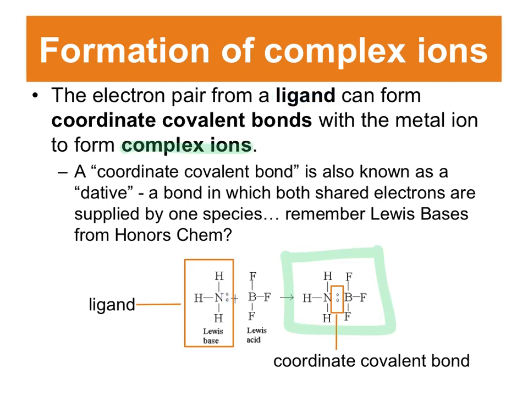So then the question is, what makes something a complex ion? And the answer is that a complex ion must have something called a coordinate covalent bond. A common name for a coordinate covalent bond is also a dative bond, D-A-T-I-V-E. In order to have a coordinate covalent bond or a dative bond, both of the shared electrons have to come from one species. So in this example,